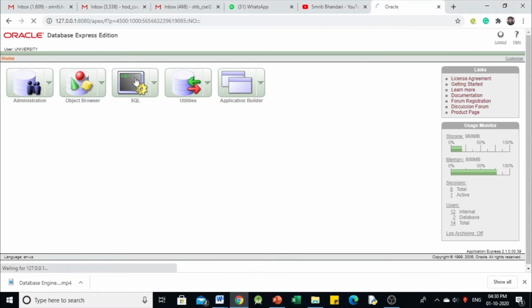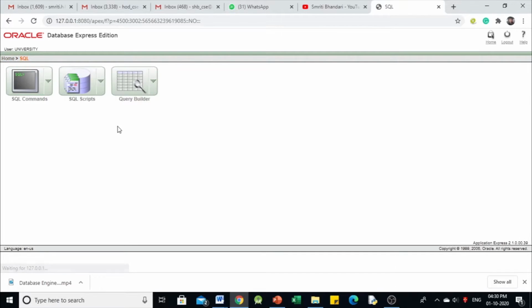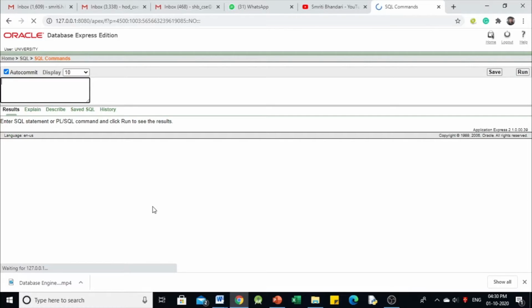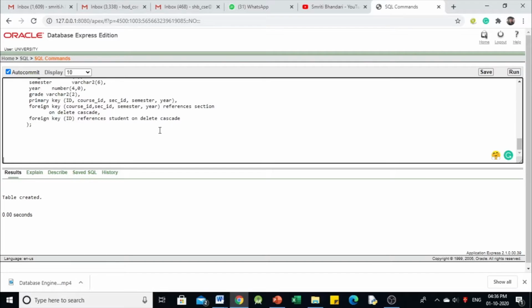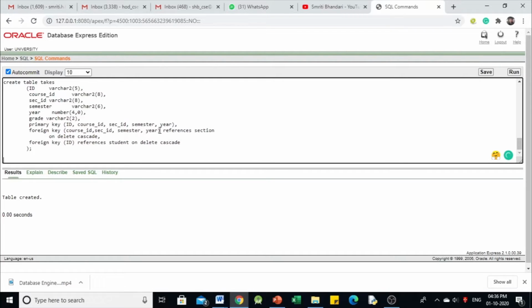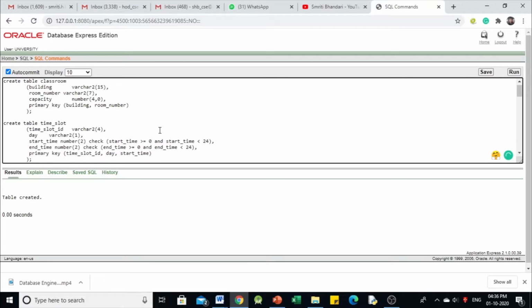So once again let us go to our SQL window. So from our university database we have created so far only 3 tables. So let us try to create all the tables. So I am collectively giving you the definitions of all the tables, and one by one we are going to run those statements, right? So now I am going to paste all the definitions of remaining tables here from the university database, and let us try to one by one execute those statements, right?